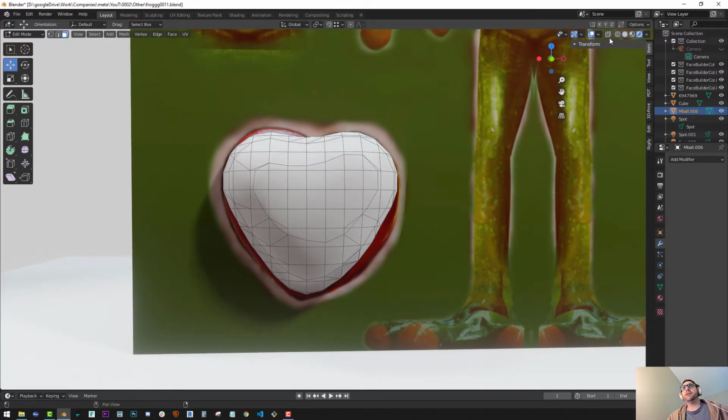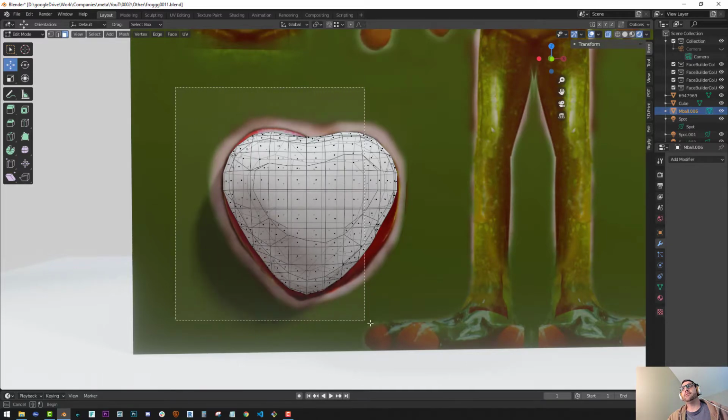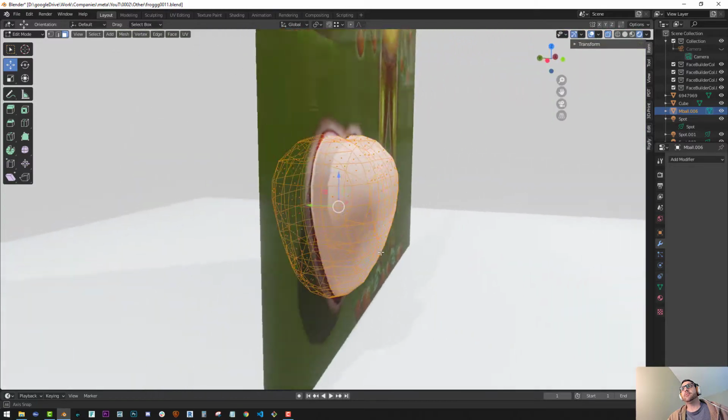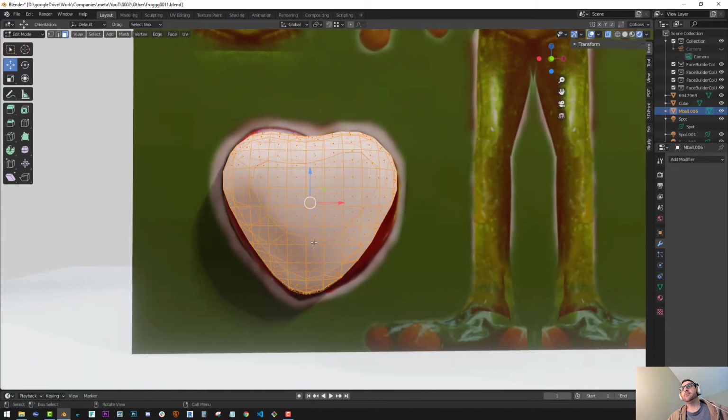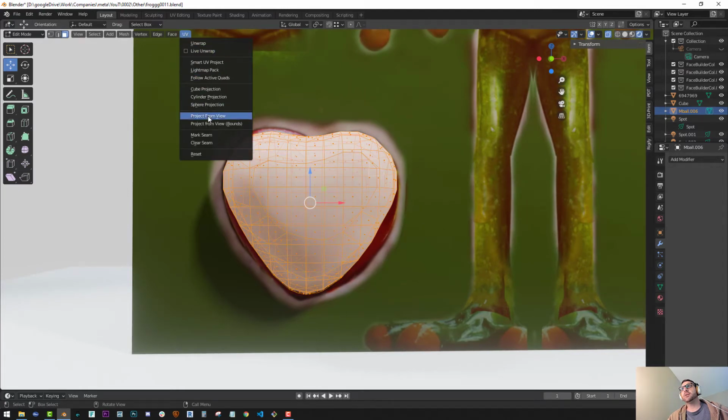Now turn on X-ray so you can see all the faces and select all of them. You can rotate your view around a little bit, make sure you got all of them selected. Now click UV, Project from View,